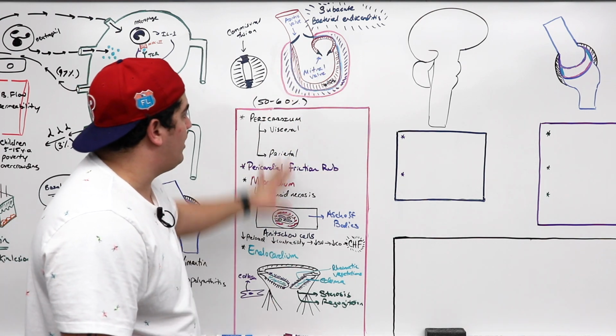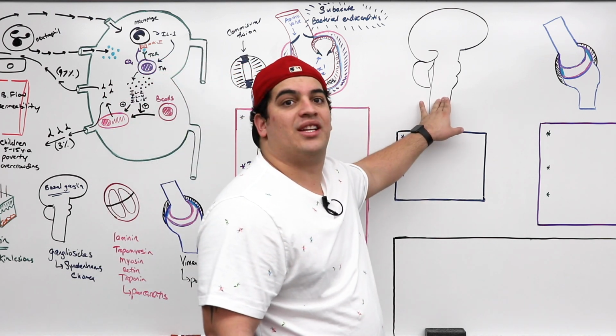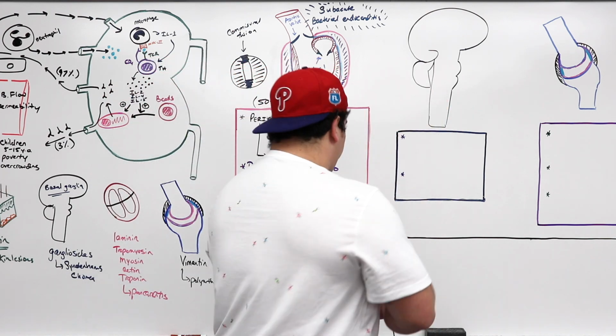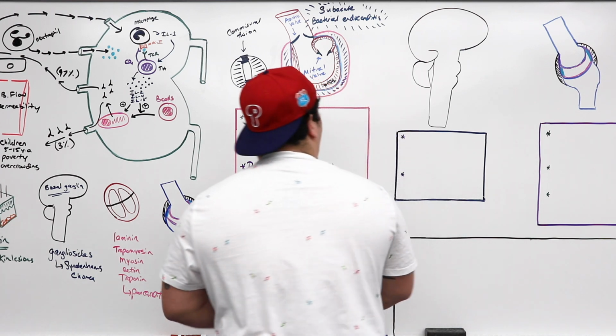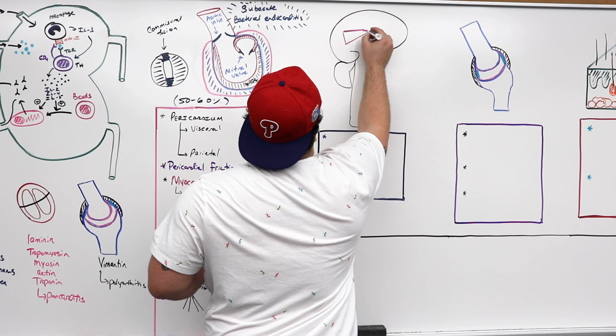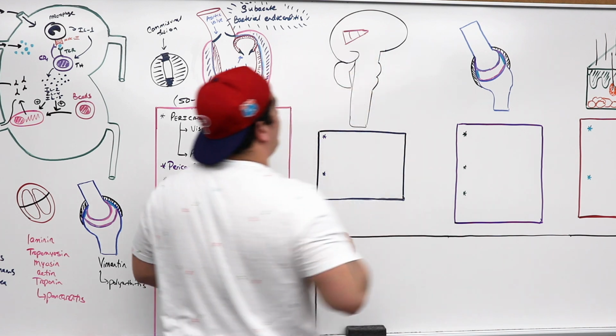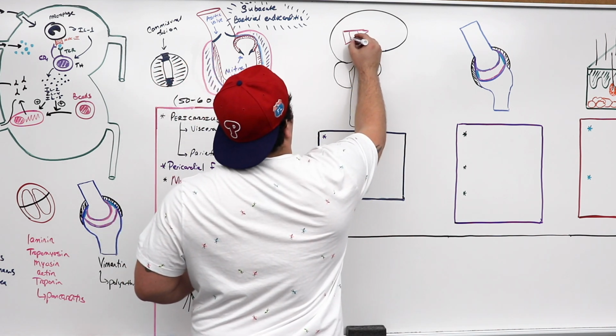Okay, so that's how we can affect the actual heart. So that's the pancarditis effect. The next one is how does it affect the actual central nervous system? So if you remember, inside of the central nervous system, we have a couple different areas, right? We're not going to go into crazy detail, but we have a specific area here, which is going to be really important, and this is going to be called the